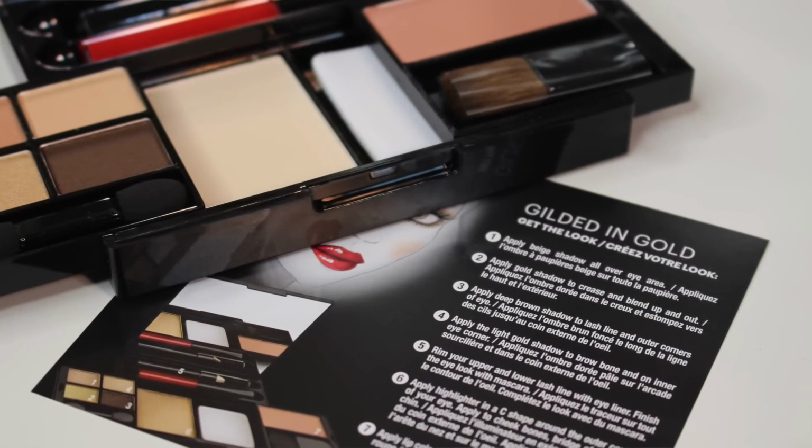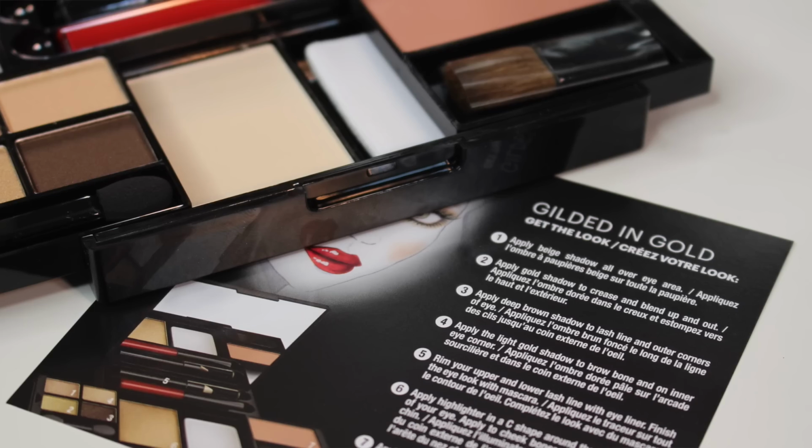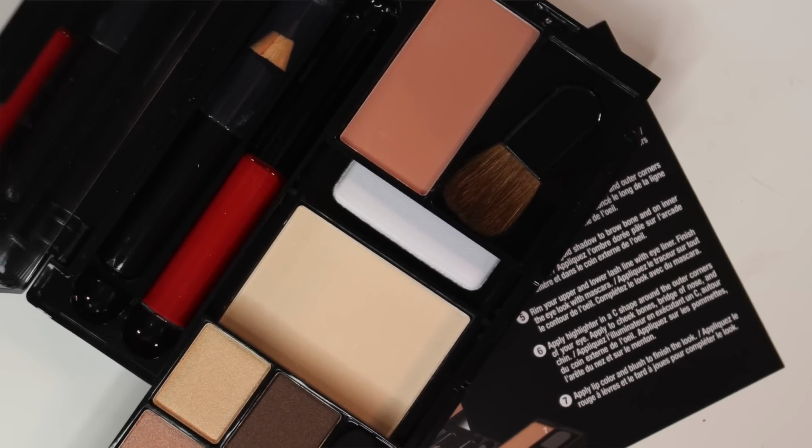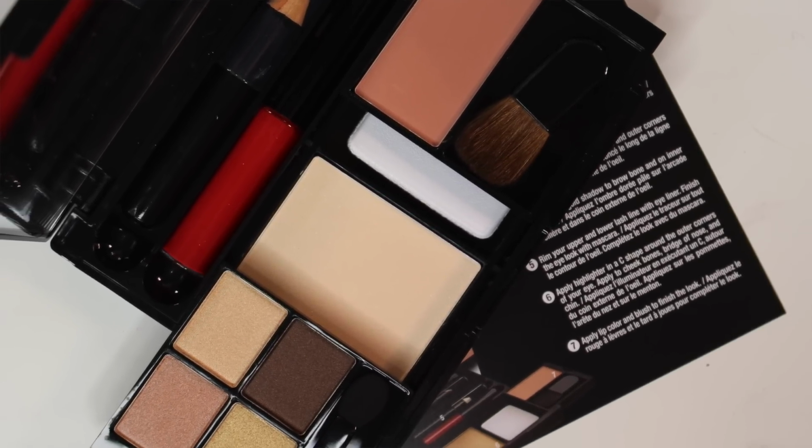So first off, I'm gonna start with the Gilded in Gold palette. These are unlike any other drugstore holiday kind of collection. It's not really a palette that I've ever seen, and you'll see why in a sec. It is because it actually contains an eyeshadow quad here. In the Gilded in Gold, it's clearly warm tone golden neutrals. You also get a blush, a lip gloss, it's more like an opaque sort of lip gloss, a chubby eye kohl, and then underneath here, these two panels,